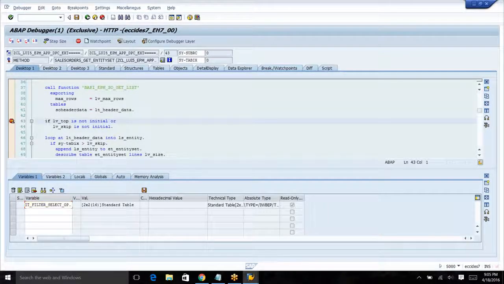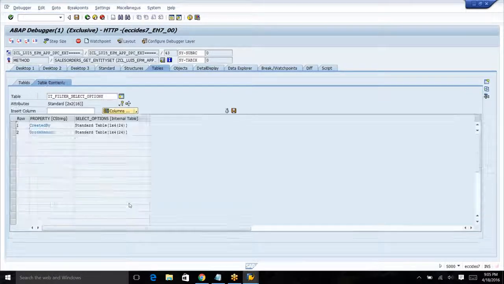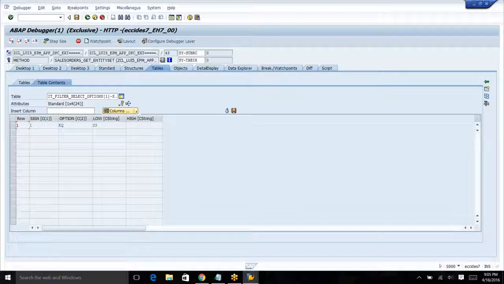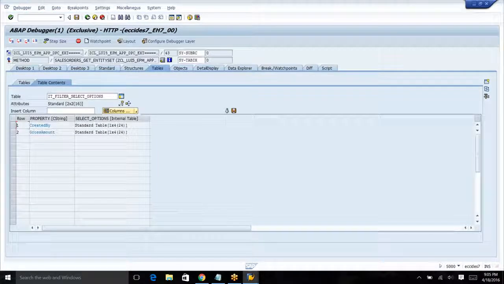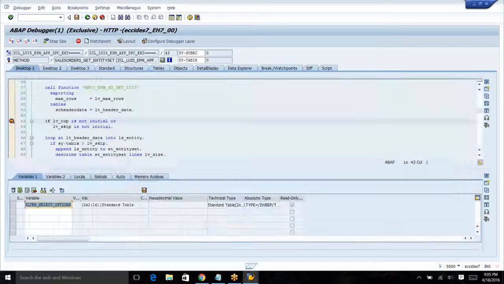Okay, let's just go to that. If you look at the table, created by equal to 33. In the second case, I am requesting gross amount greater than this number. Okay, what I should do is,